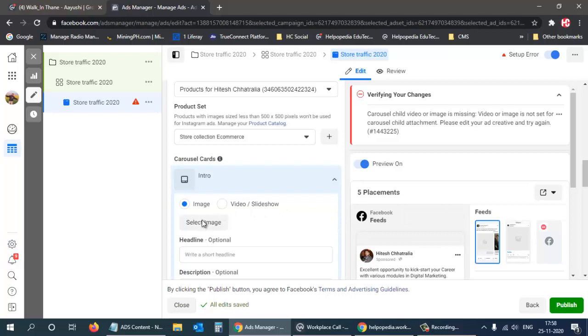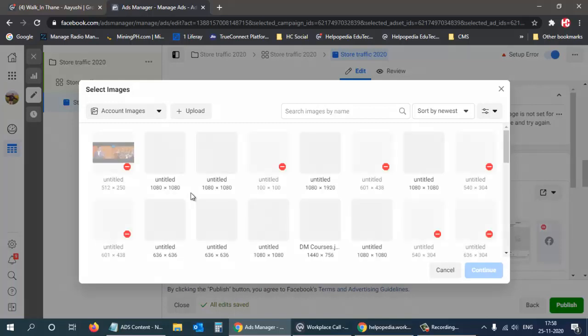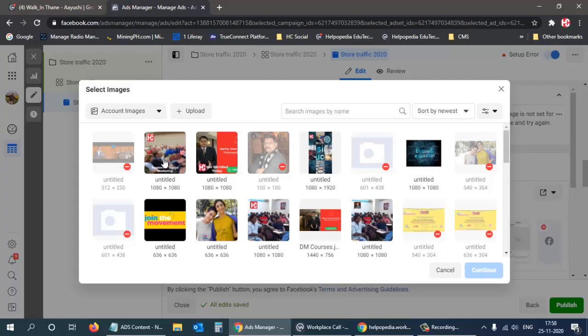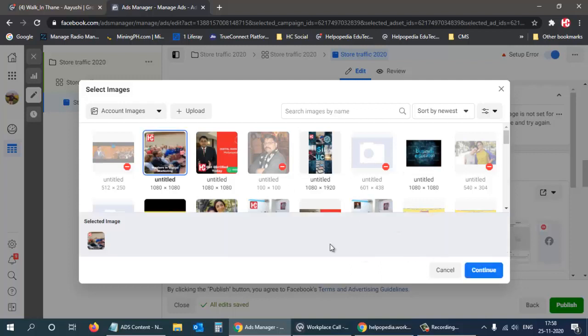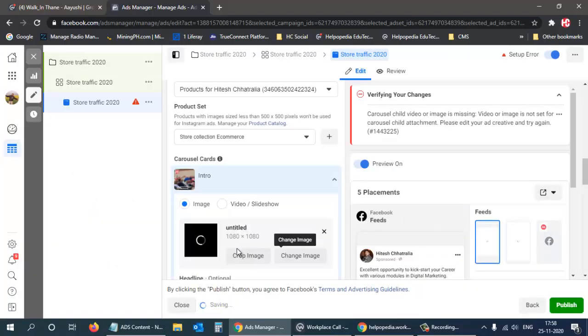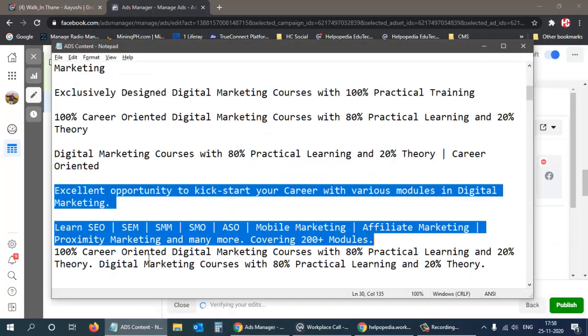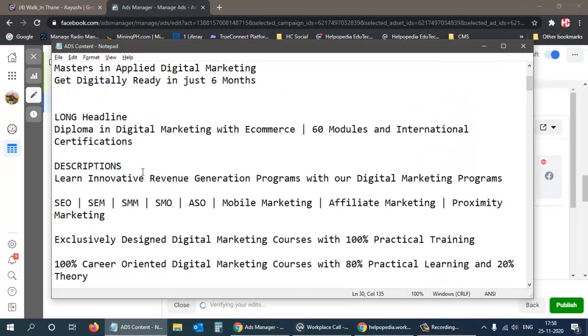Okay, selected one image, continue. And then add headline. So we select headline.